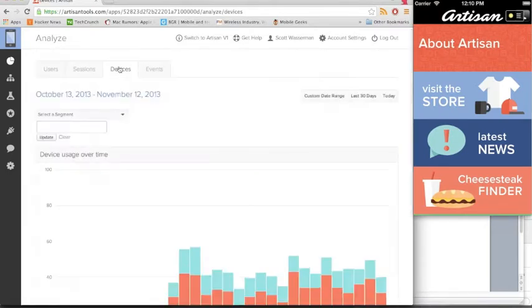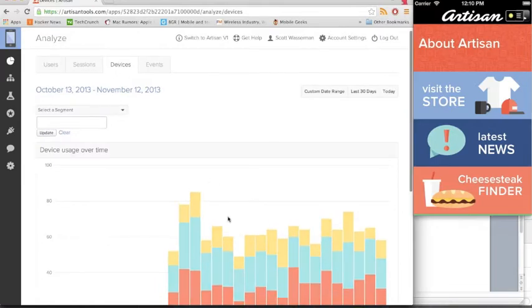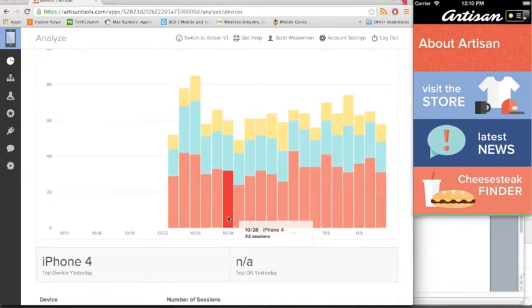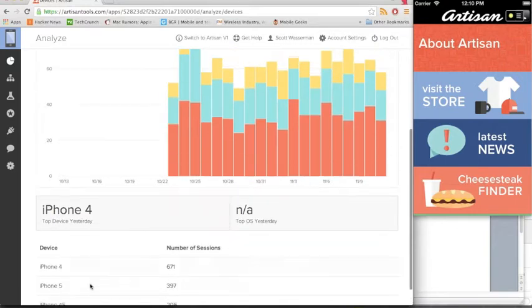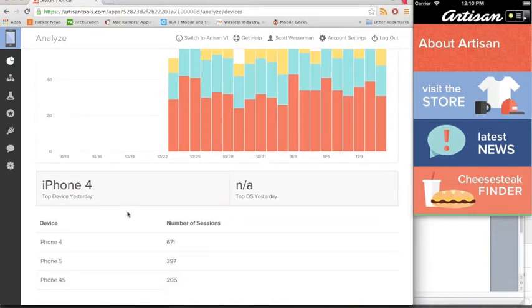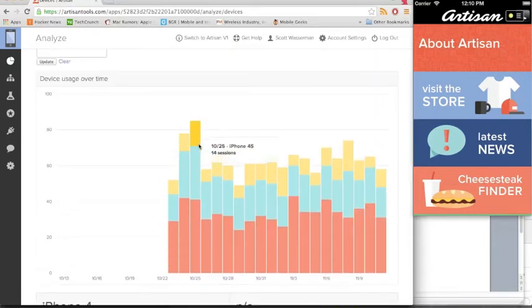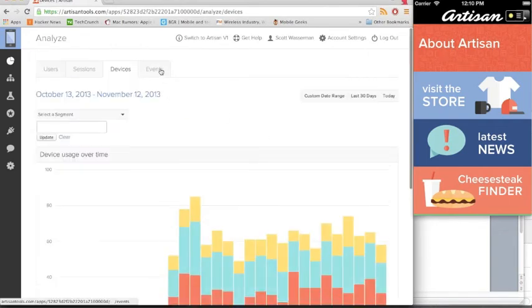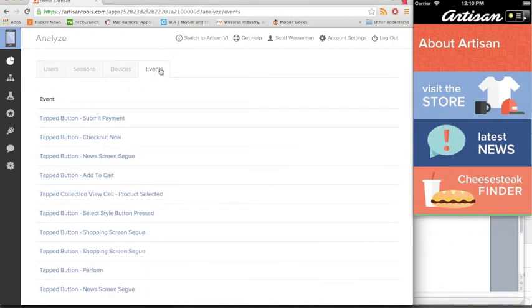You can also break down the different devices that people are using. You can see here everything from iPhone 4, iPhone 5, iPhone 4S. So on the Android side, you have a much bigger selection. And then one of the more interesting things here is every